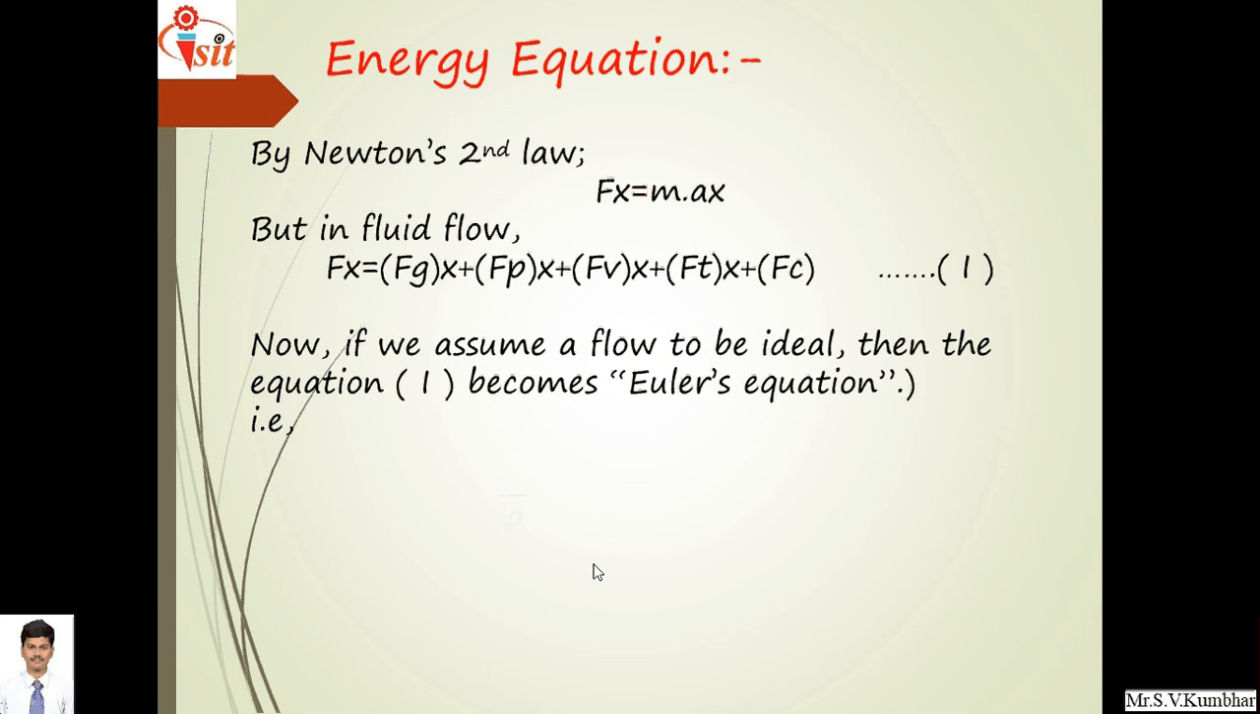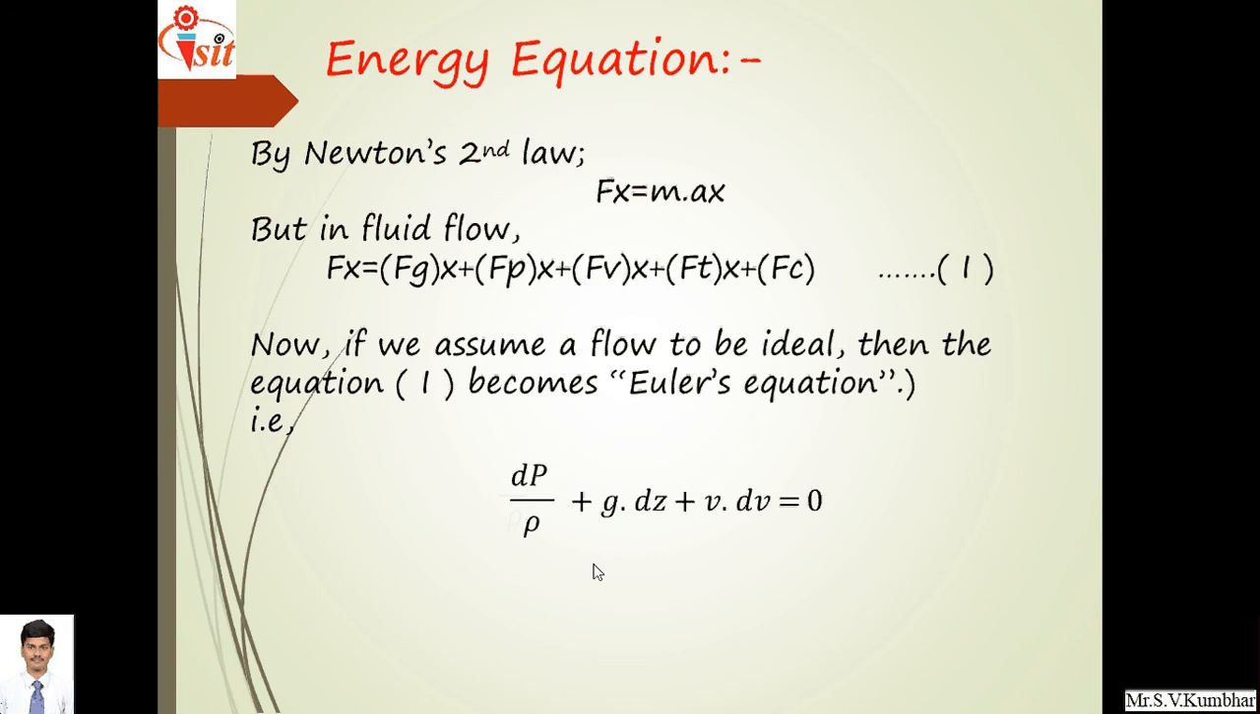Fgx is the gravity force along the x-axis, Fpx is nothing but the pressure force along the x-axis. So x denotes the direction, G denotes the force due to gravity, P denotes force due to pressure, V denotes force due to viscosity, T denotes force due to turbulence, and C denotes force due to compressibility. Now, if we assume a flow to be ideal, then the equation first becomes Euler's equation, that is dP upon